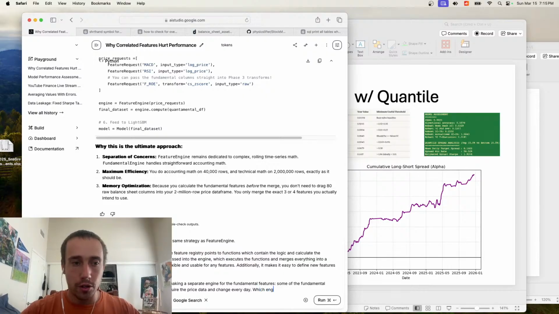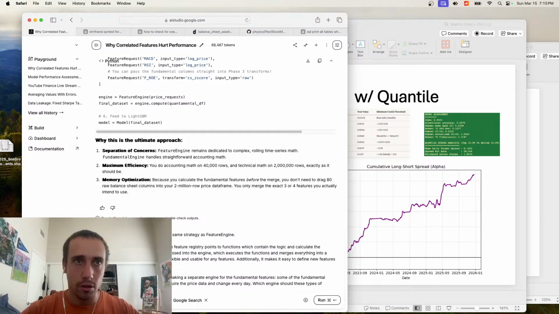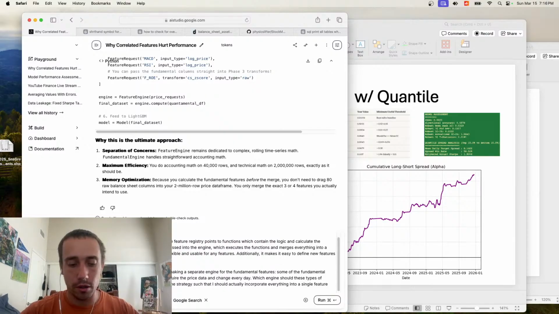Which engine should these types of features go into? And does this change the strategy such that I should actually incorporate everything into a single feature engine?